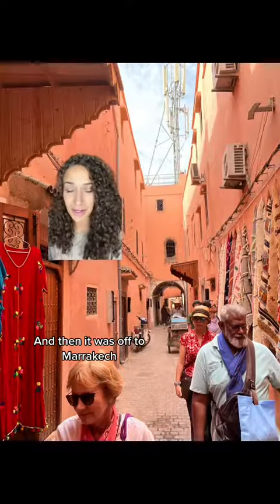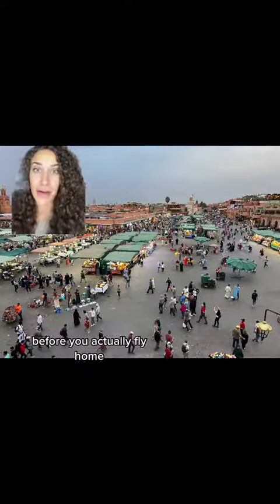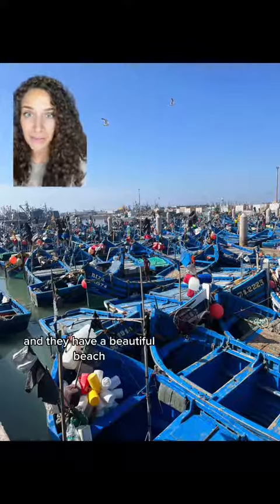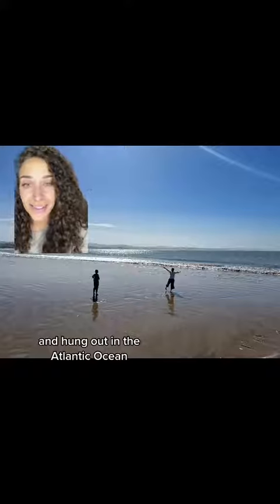And then it was off to Marrakech, which is where you fly out of. Marrakech is a great place for you to do all your shopping before you actually fly home. And then for a night we went to Essaouira, which is a coastal city, and they have a beautiful beach. We ate some fresh seafood, of course did some shopping too, and hung out in the Atlantic Ocean enjoying the